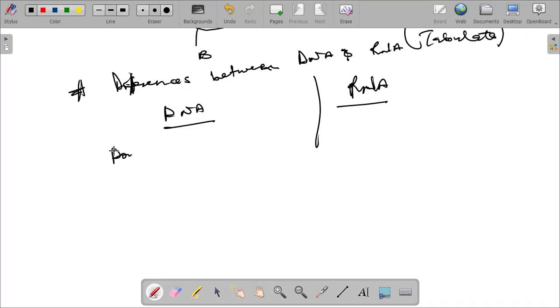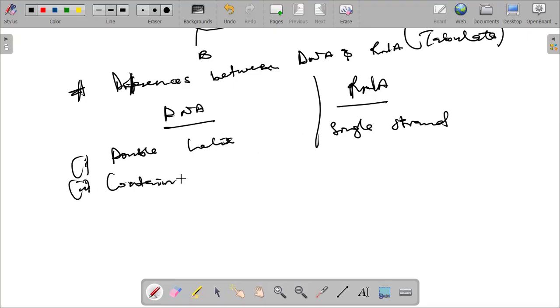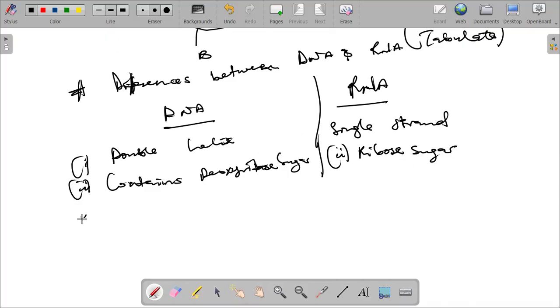DNA is a double helix. RNA is a single strand. You can say DNA contains deoxyribose sugar, and then RNA has got a ribose sugar. We can also, number three, say that DNA